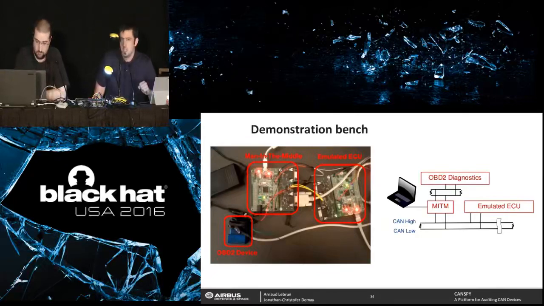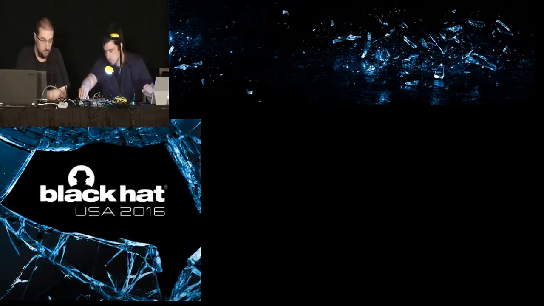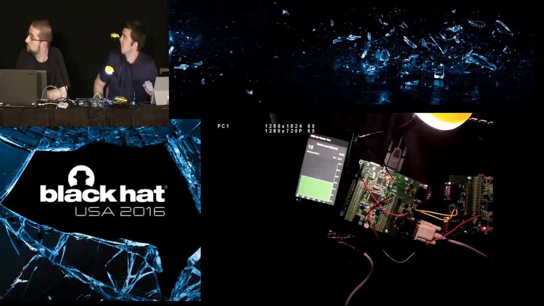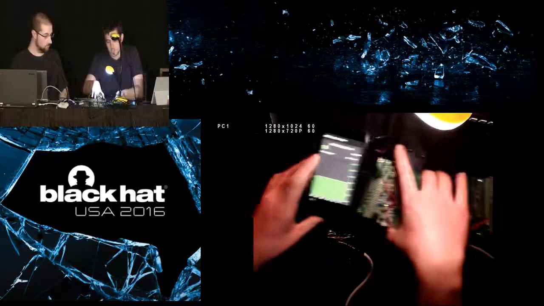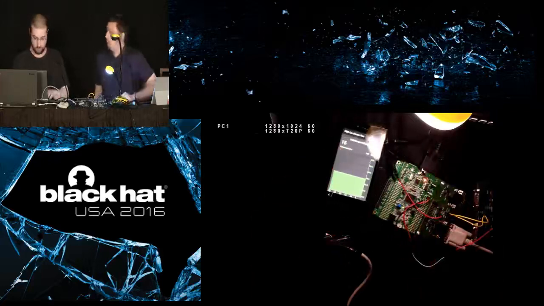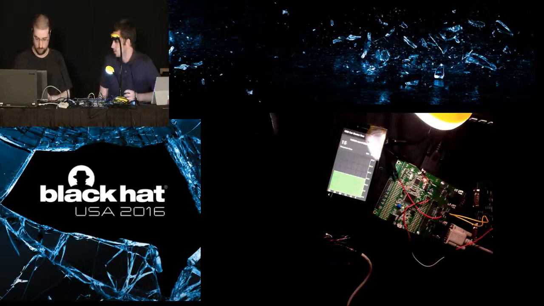And we have an OBD2 dongle that is sending the information to a smartphone with Bluetooth. I hope it will work. Yeah, so this is the smartphone. I hope you can see the speed. And if Jonathan changes the speed in the simulator,